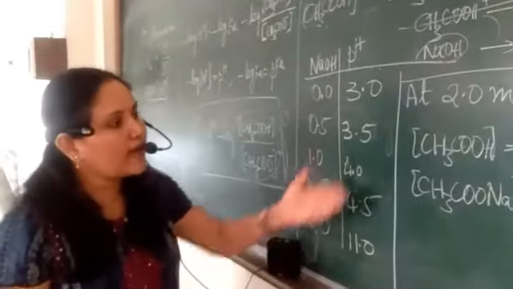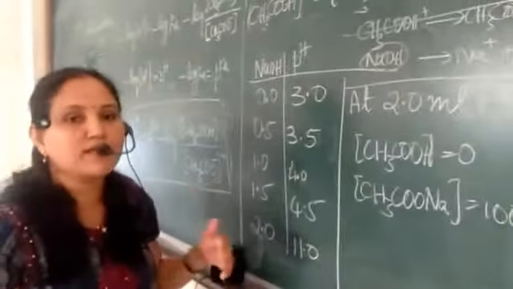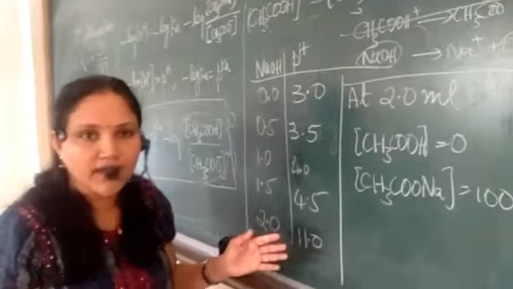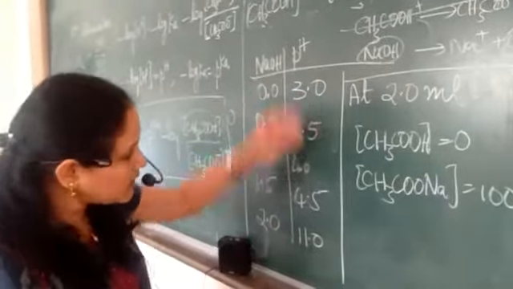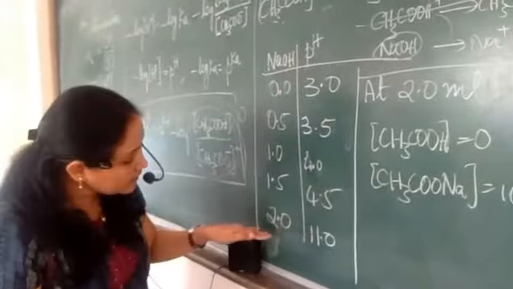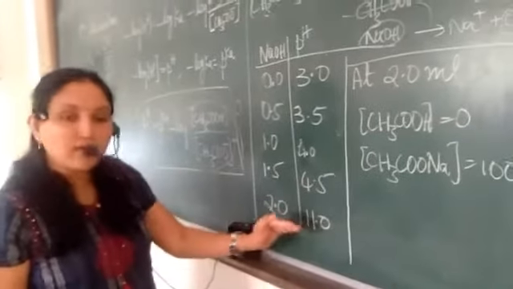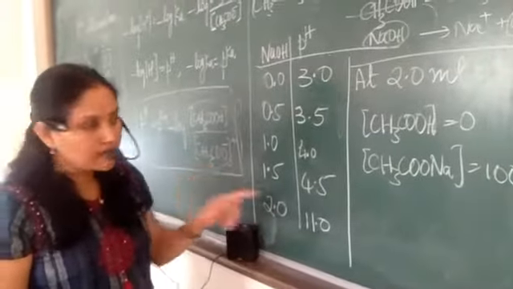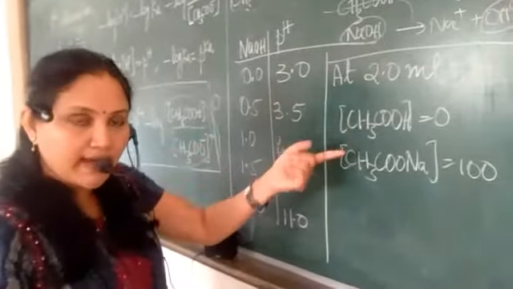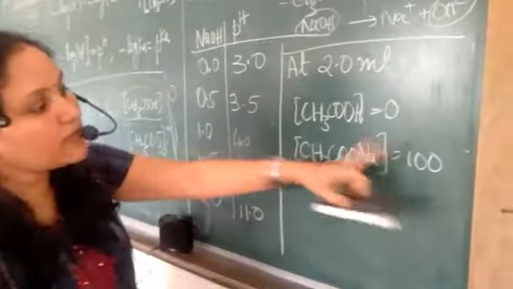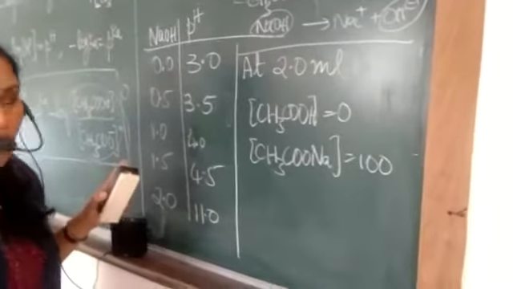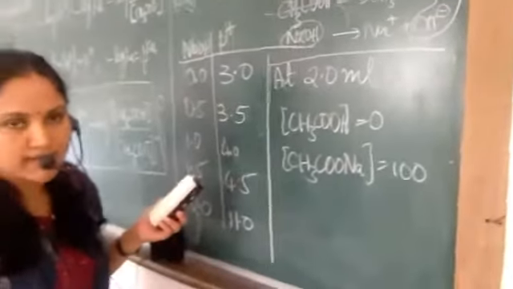So now if you see the readings, you just cannot tell, when you are doing the experiment, when the 50% acid has been neutralized, when 50% is not neutralized, that we cannot do. But only if you do the experiment, you can only make out when the complete acid has been neutralized. Okay. So once you get complete neutralization, that is 2 ml, then we can tell at 2 ml 100% acid has been converted into salt, that is concentration of acid is 0.